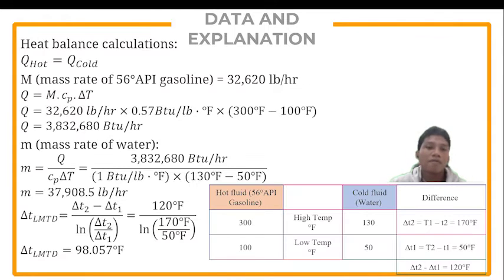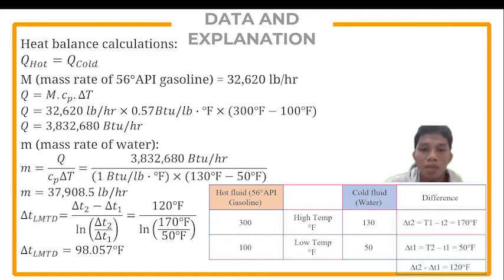Hello everyone, I'm Faisal from Group 6, and I will explain the data and calculation. After we obtain the fluid properties of water and gasoline, we can proceed to calculate the heat balance to determine the mass rate of water. But we need to determine Q first using M times Cp times delta T. Then we get Q is 3,832,680 BTU per hour. We know that the energy of the hot fluid equals the energy of the cold fluid. So we can determine the mass rate of water, Q divided by Cp times delta T. Then we get M is